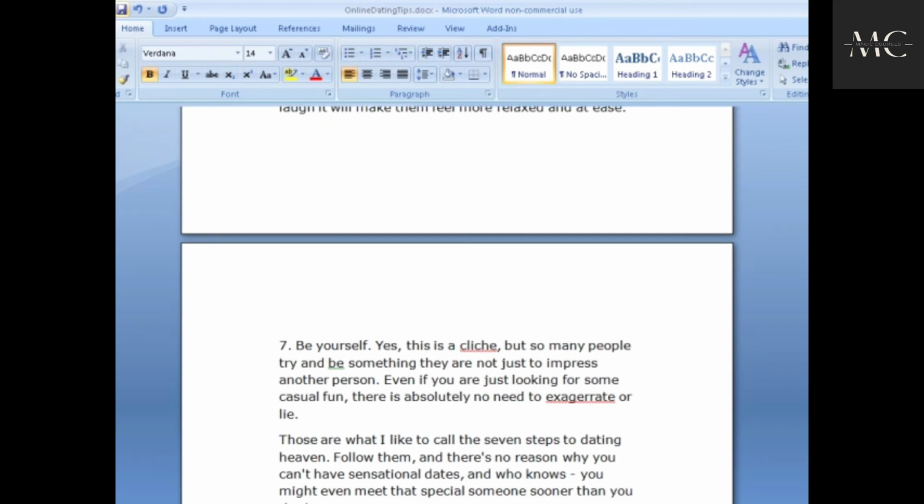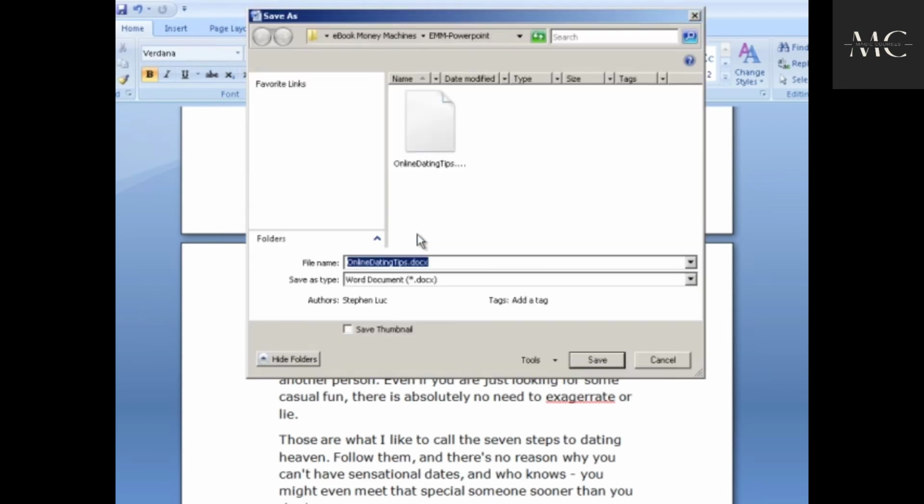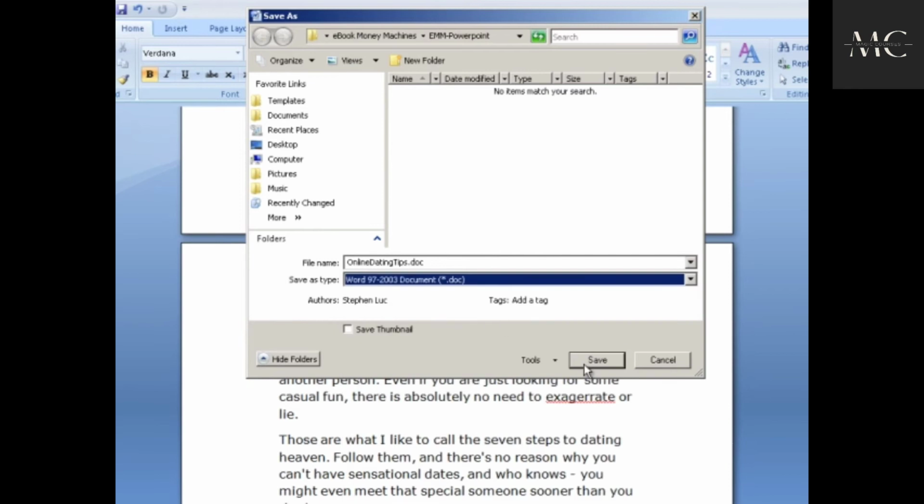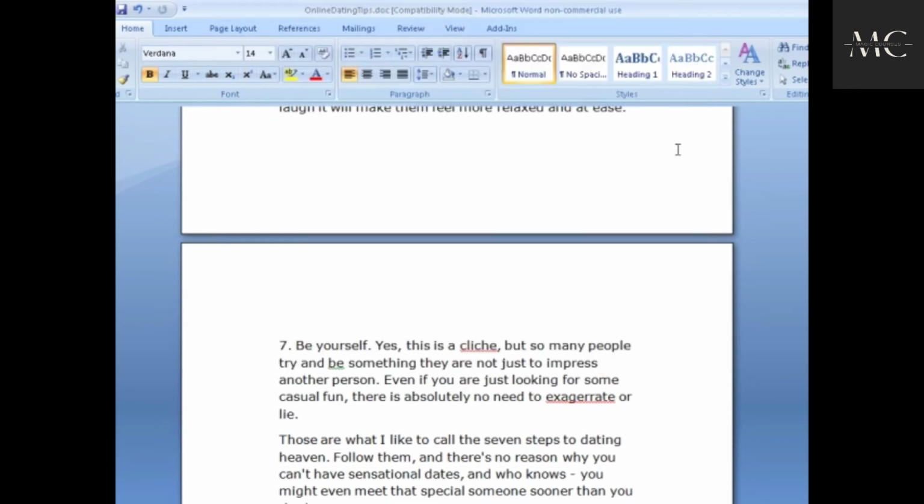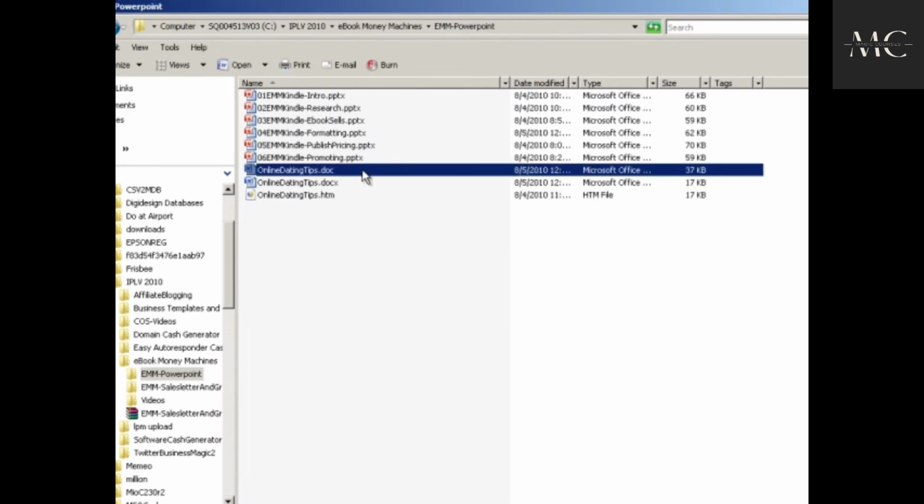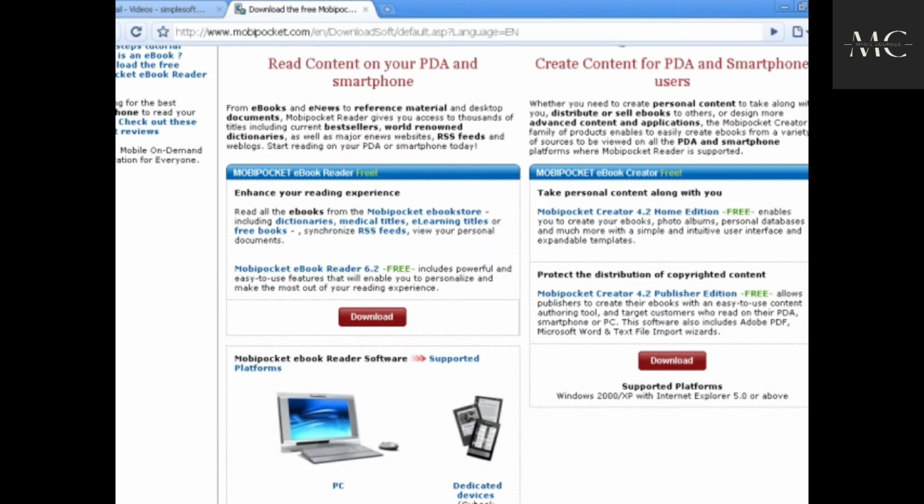And then once you're done, right now it's in docx format. I want to save it in just plain DOC format. So I'm going to pick this format here, click on save, and then I'm going to close this out. So this is the file that I want to convert. Now, what I need to do now is go to